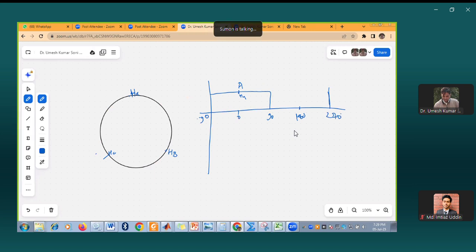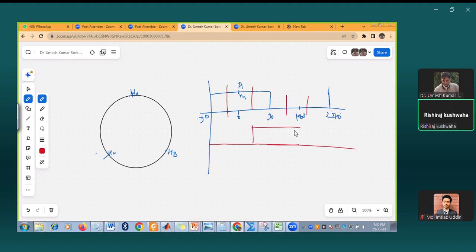Yes, sir. So similarly, we have another Hall sensor. We have and we will take. Okay. So remaining part is